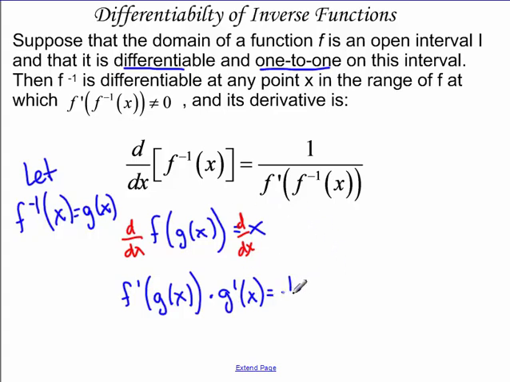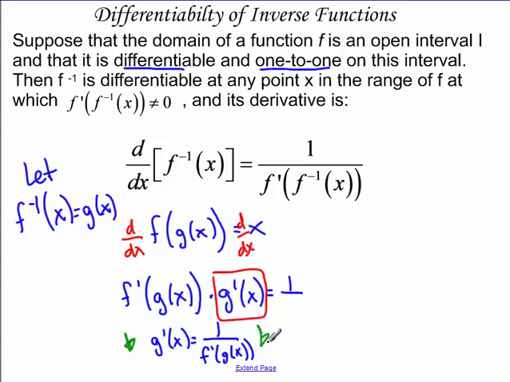And then the right side is 1. So I'm looking for the derivative of the inverse. So I'm solving for this g prime of x. So g prime of x is equal to 1 over f prime of g of x. Again, where g of x is your f inverse. This is what you're going to be seeing a lot more on the AP, where they're going to give you that g of x is the inverse of f of x. Okay,